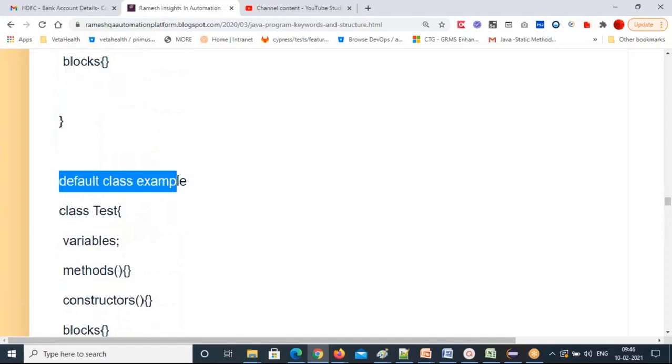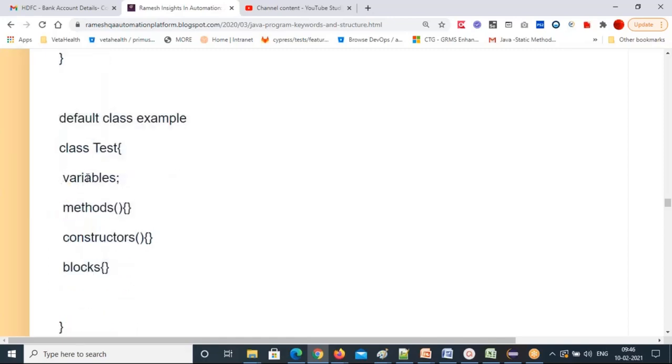And then a default class. I told you what is meant by default: no modifier keyword is used. That's why we call it default. For public you have public, for private you have private, for protected you have protected. For default, no modifier keyword, just blank. Then you can see class Test.